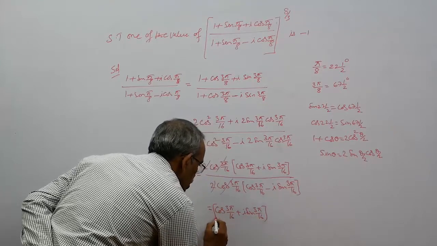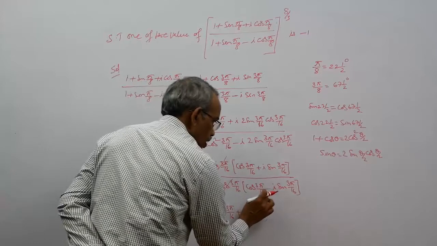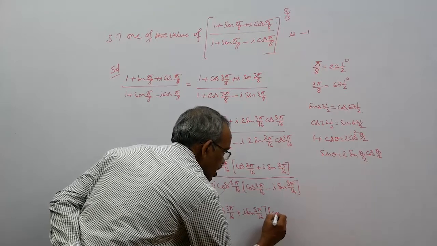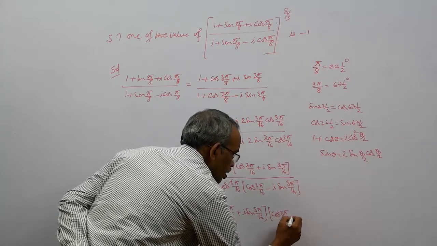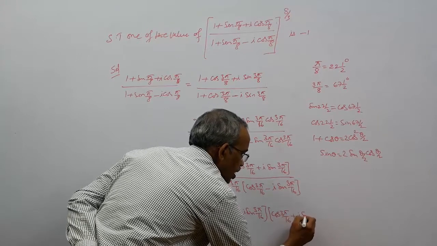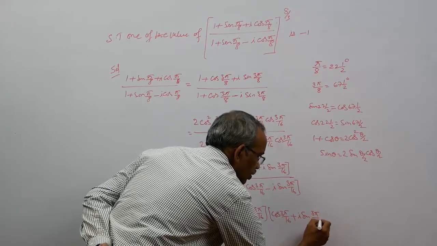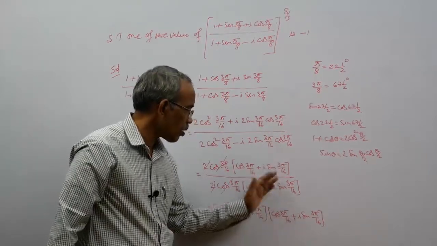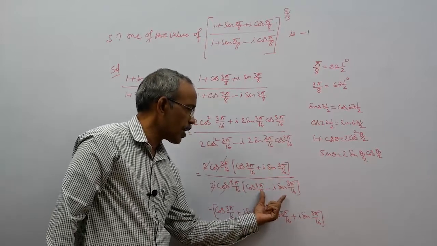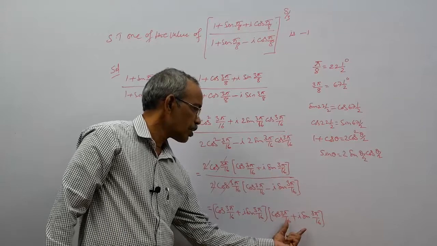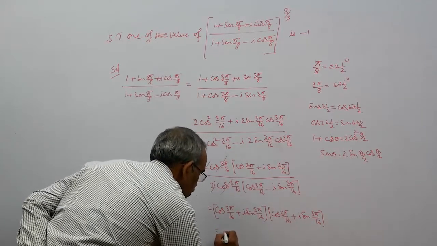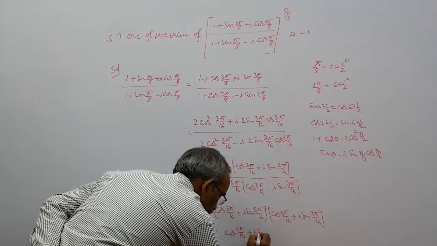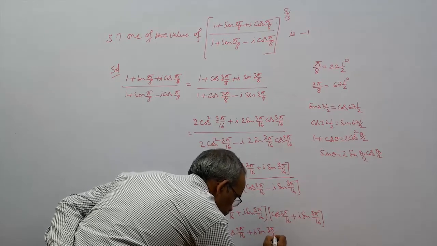This is the term which is in the numerator. Cos theta minus I sin theta: 1 by cos theta minus I sin theta is equal to cos theta plus I sin theta. This is cis theta, and this is cis of minus theta. Cis of minus theta is equal to 1 by cis theta. When the cis of minus theta in the denominator is brought to the numerator, it becomes cis theta, that is cis of 3 pi by 16. This is equal to cos 3 pi by 16 plus I sin 3 pi by 16 whole square.